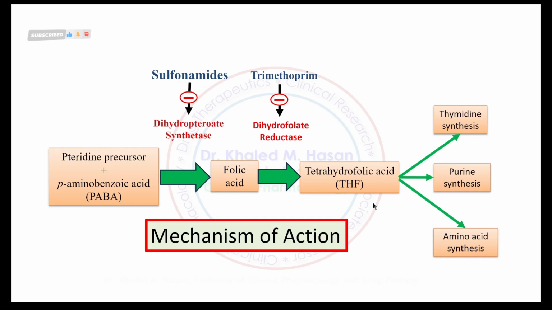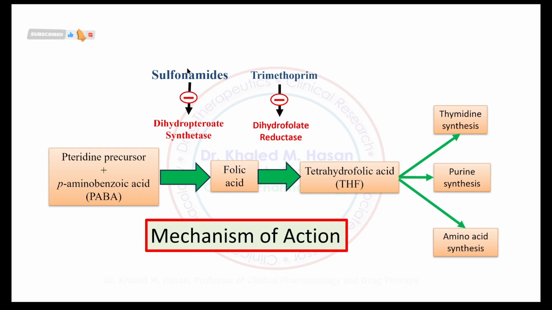During this pathway, as you can see here, it starts from a pteridine precursor and para-aminobenzoic acid. The bacteria use enzymes to synthesize folic acid, then move to the next step by synthesizing tetrahydrofolic acid, which is responsible for amino acid synthesis. The first enzyme responsible for the formation of folic acid is called dihydropteroate